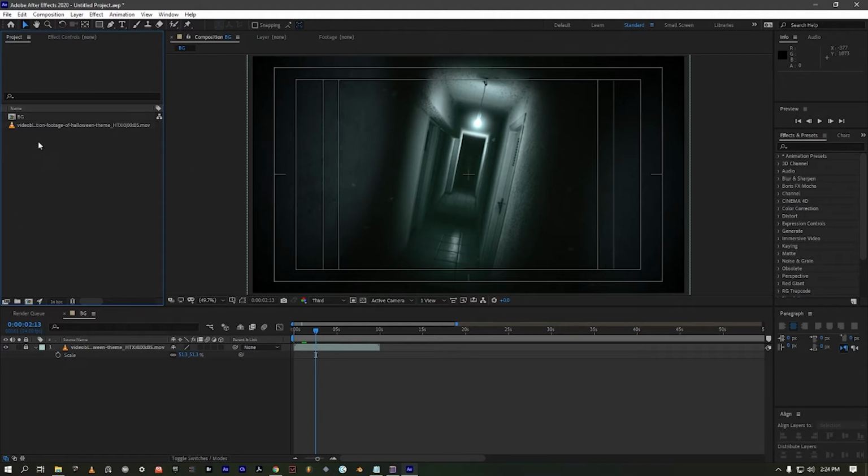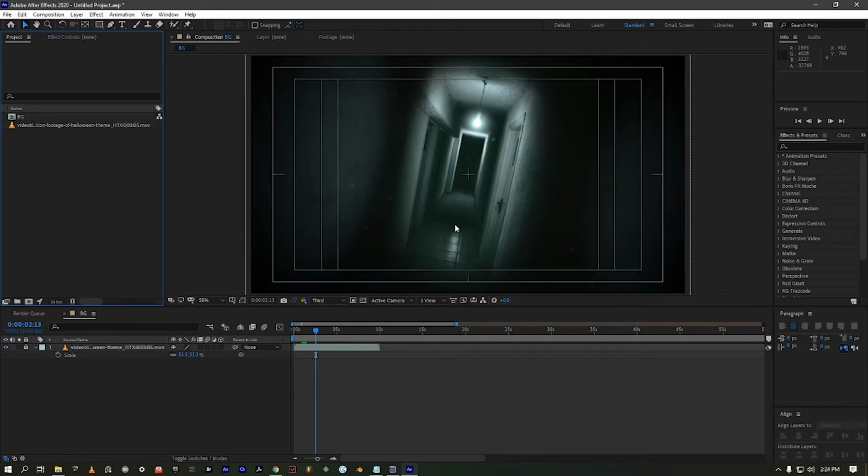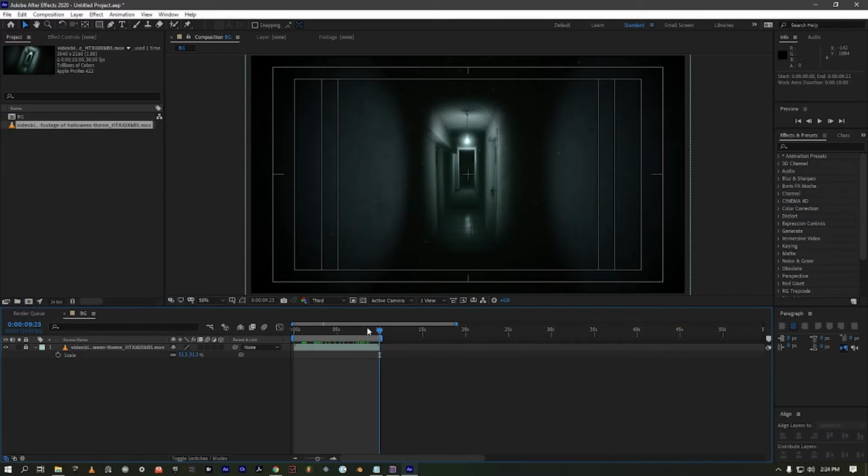So you find a background that you want to use. It could be a video clip, it could be a picture, it could be a few pictures animating, whatever you want. This is a quick and dirty tutorial, so I did a quick dirty find for a video file. This video file is just a creepy hallway zooming out. Got it from Storyblocks,